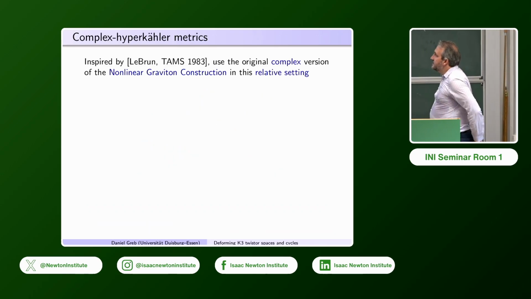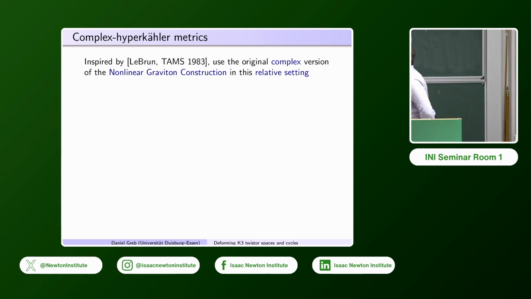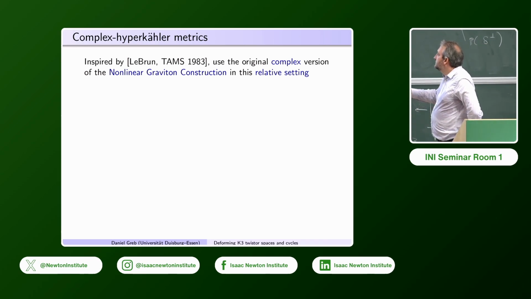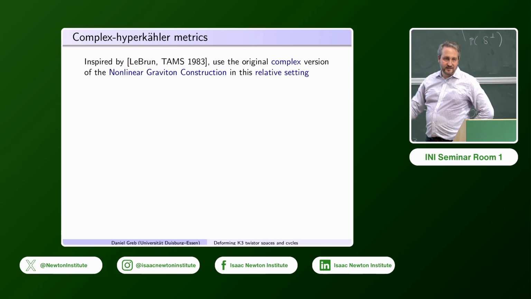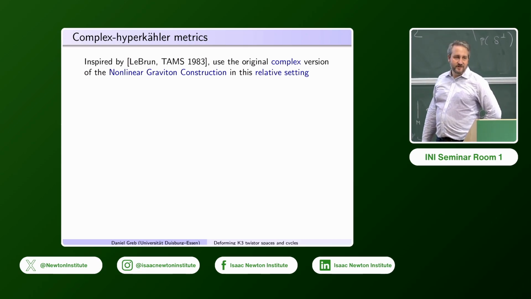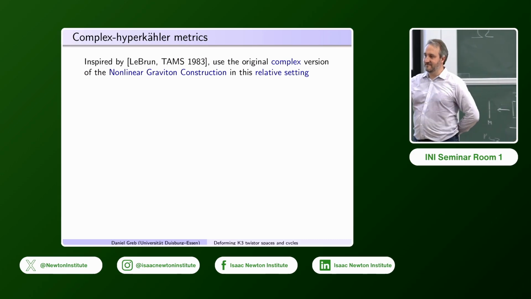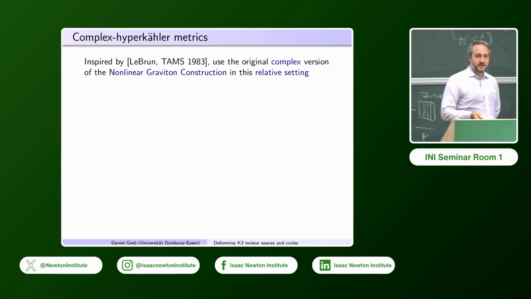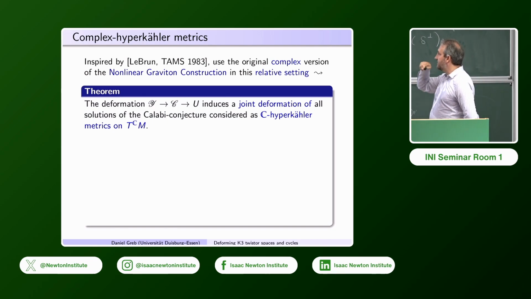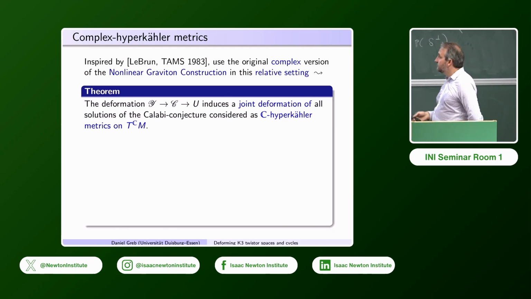Then, inspired by something which was done early on in the theory, for example in this paper from 1983, you then use the original... For a long time, until 10 years ago, I was worried what to do then. But then I learned that in the beginning of twistor theory, there was no real structure. For me, this was the best news ever, because I didn't have to think about what to do if there is no real structure. You use just the original nonlinear graviton construction in this relative setting to show the following theorem: